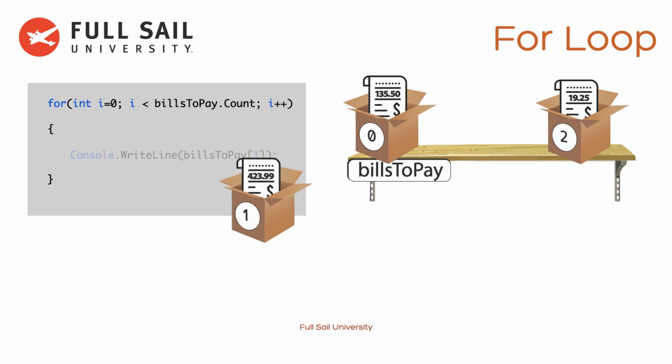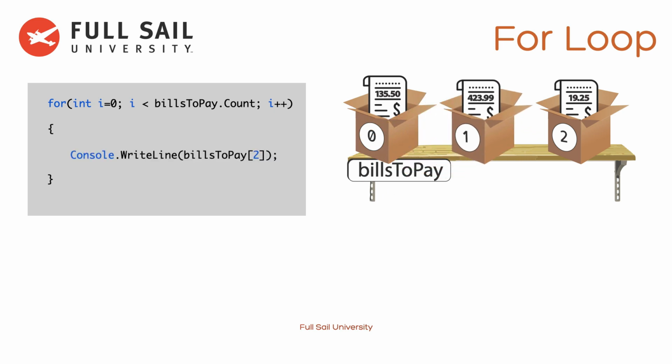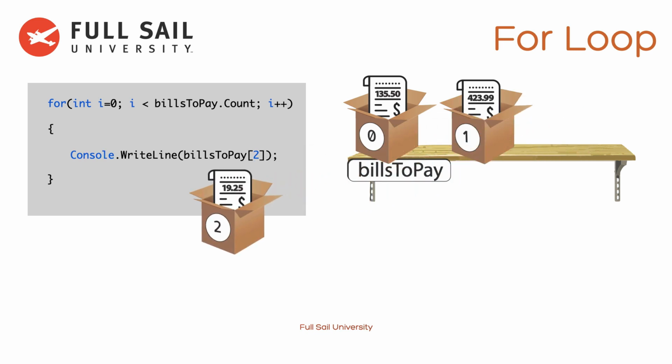We go up to that i++, and that i value now becomes 2. Is 2 less than billsToPay.Count? Well, the count for this list is going to be 1, 2, 3. So is 2 less than 3? Absolutely. So that curly brackets is going to run. What is billsToPay square brackets of 2? Well, that is going to be that last element inside of our list. So we're going to be outputting